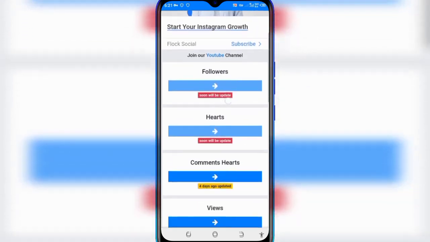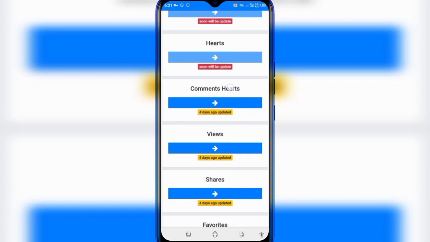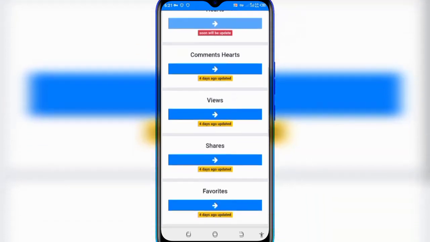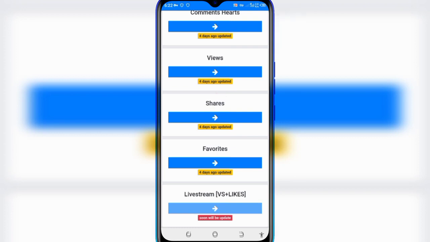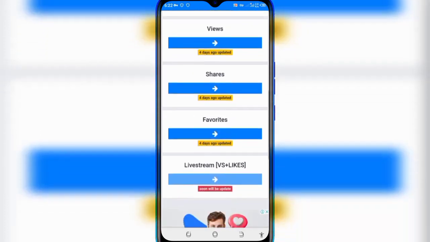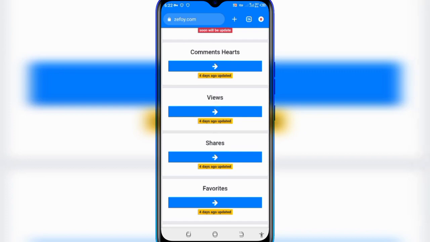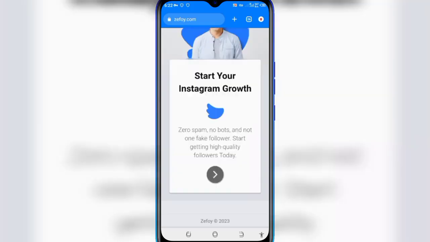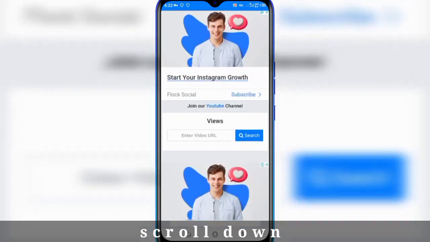As you see, this website has more options to give you: views, followers, likes for TikTok, and shares. But for me, I have preferred to show you the views. And there you scroll down. After scrolling down,